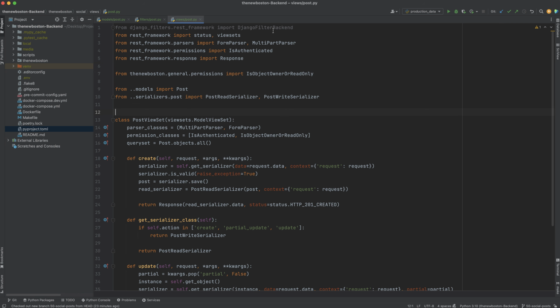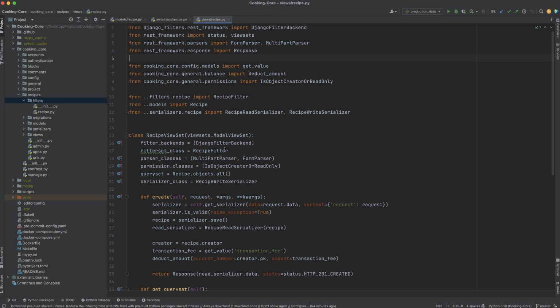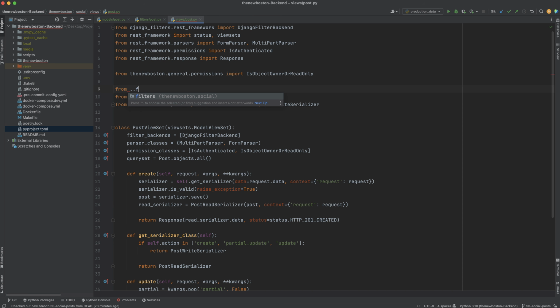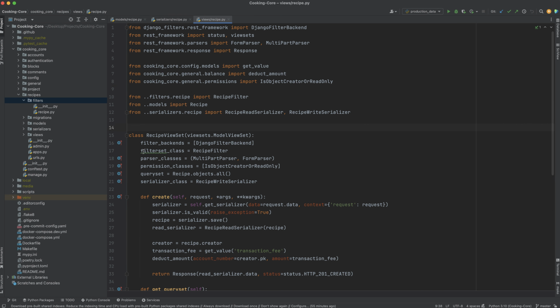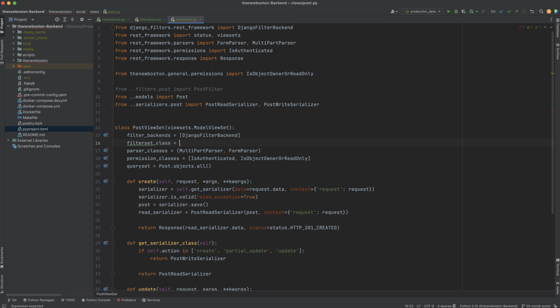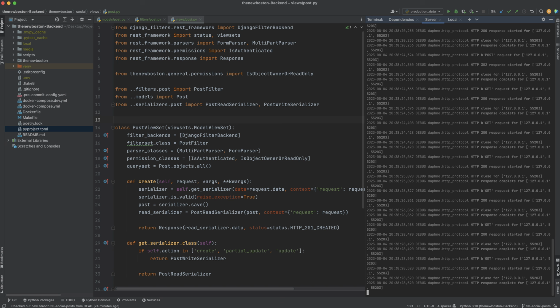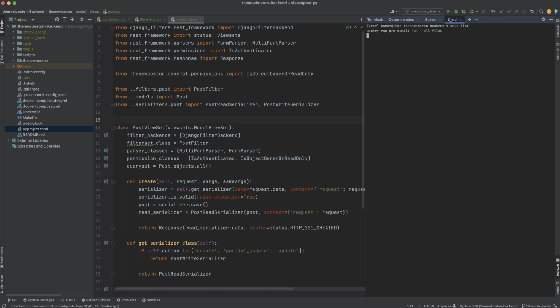All right, so now this is going to give me this, and then my filter backend, and then from filters.post import my post filter, and then for my filter set class, it's going to be my post filter. Make sure everything is alphabetized. Make lint, and while you are linting, I am going to go ahead and test it, and this is